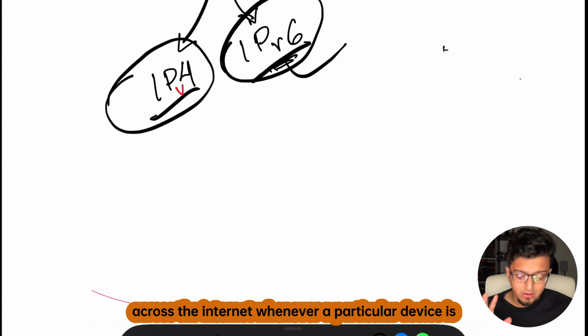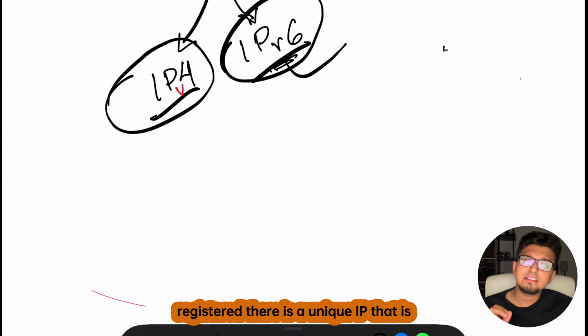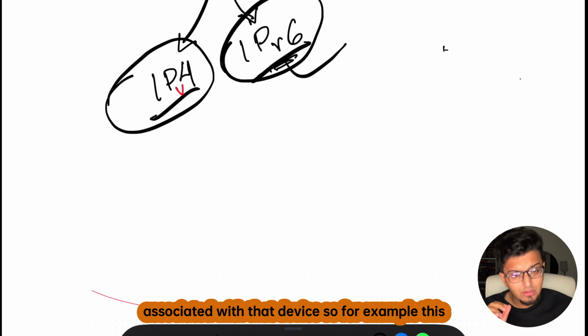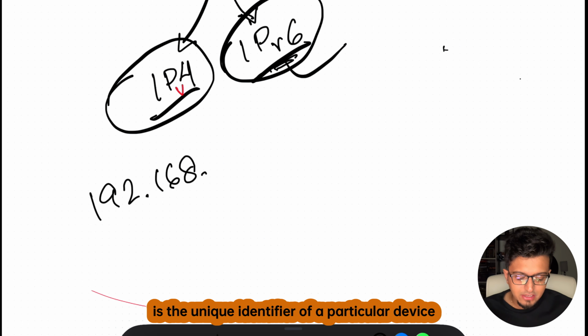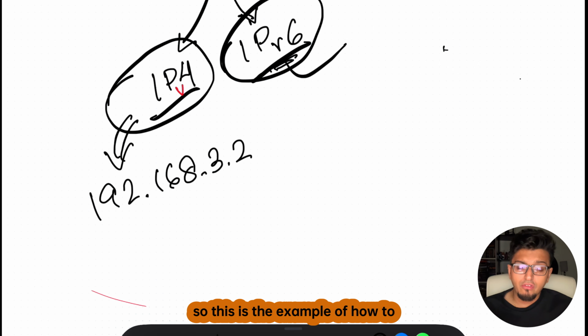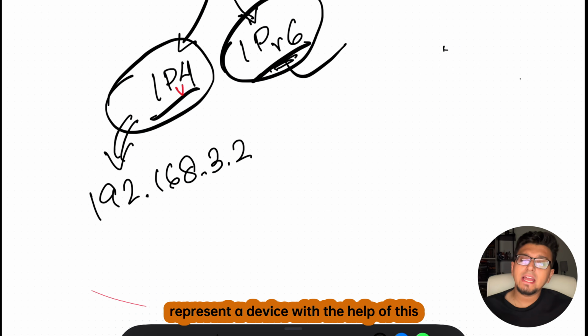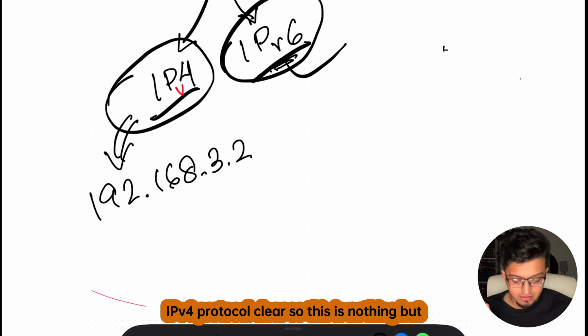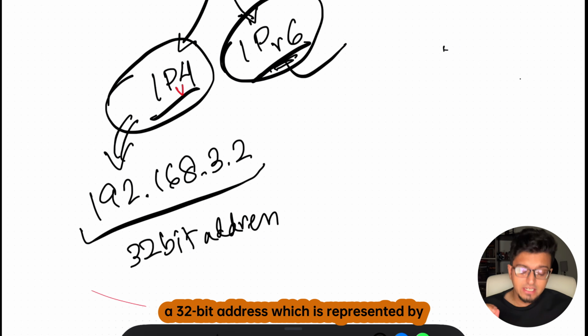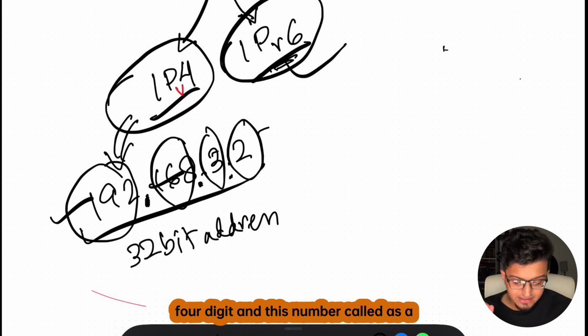So if you see across the internet, whenever a particular device is registered, there is a unique IP associated with that device. So for example, this is the unique identifier of a particular device. This is an example of how to represent a device with the help of the IPv4 protocol. Clear? So this is nothing but a 32-bit address which is represented by 4 digits, and each number is called an